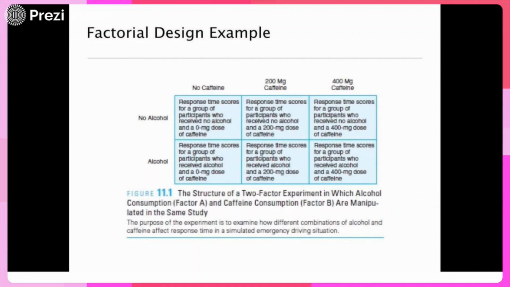So for example, in one group the person is not having any caffeine and not any alcohol. Then another group, a person having 200 milligrams of caffeine and no alcohol. And then a third group, a person having 400 milligrams of caffeine per day and no alcohol. Similarly with the alcohol group. So you have made 6 groups and you are studying this. By this, with minimum effort you can have maximum outcome. You can analyze the result in a way that you can have conclusive evidence.